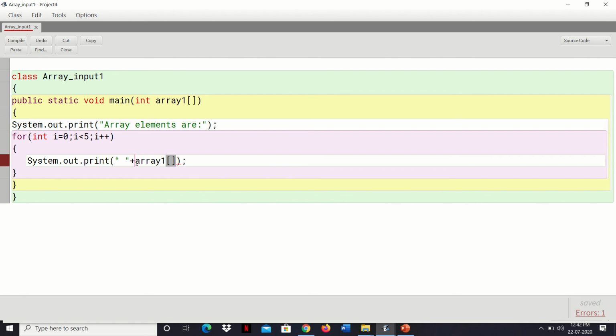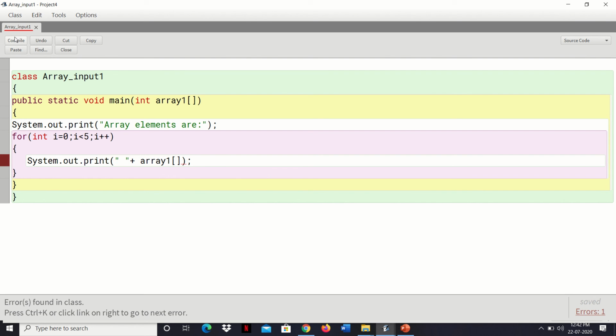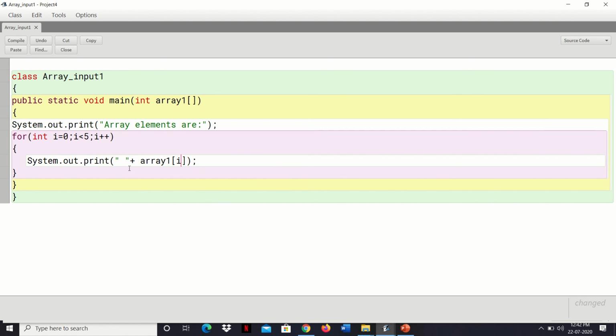That is the array name we are printing. Class expected means you are printing this one, so i needs to be here. i equal to 0 as it is, because we are getting the values from this i. So compile this again, no syntax error. I missed this i. So this is the way you debug the program. Learn how I'm debugging it, I'm thinking about what is wrong in the code. So this is the way you learn it.